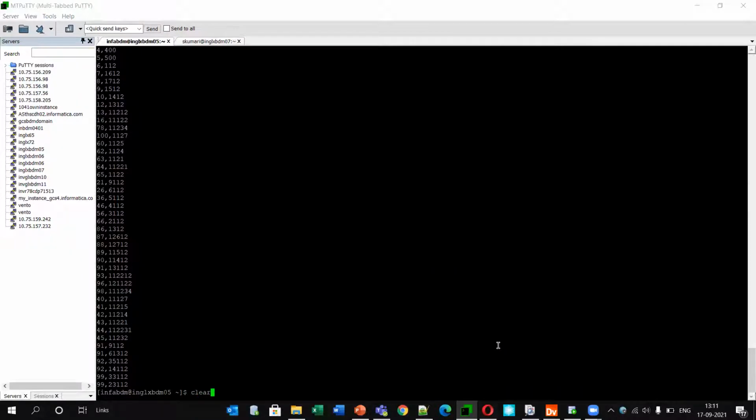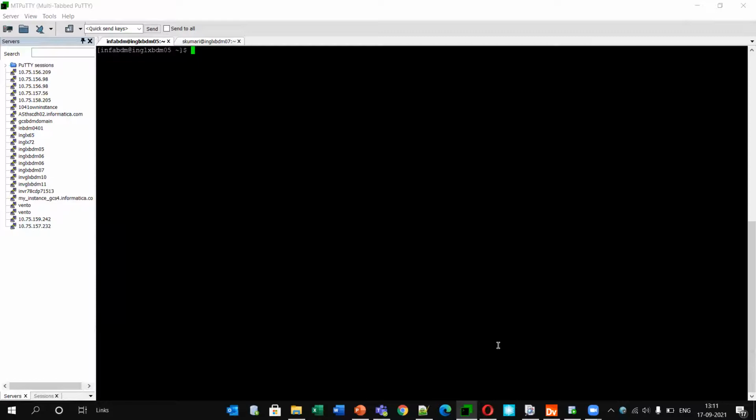Now let's run the Sqoop export command. For that the command is exactly the same, we just need to do the work in reverse.